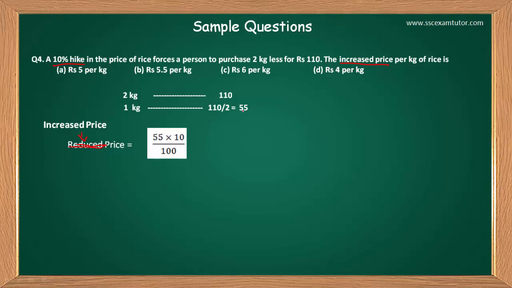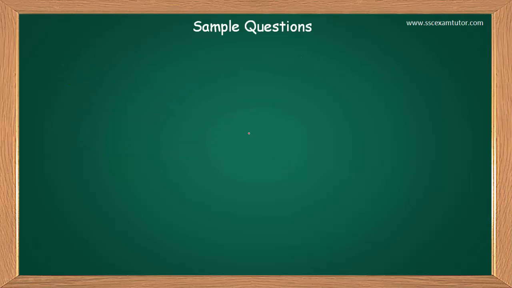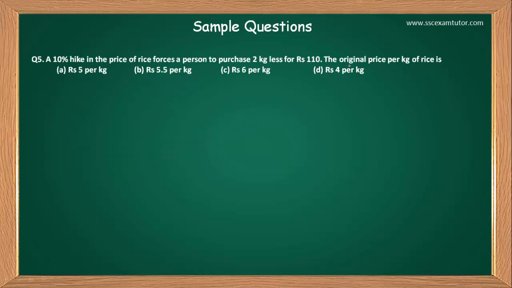तो ये 55 जो कि 1 केजी का दाम है उसके हमने लिखा, और ये 10% कहाँ से आया, अगर आप नहीं समझ पा रहे हैं अभी तक, तो ये क्वेश्चन में दिया होता है, उसे हम यूज़ करते हैं। तो ये इंक्रीज प्राइस आ गया 5.5 पर केजी, वेरी सिंपल। अब अगर आपसे ओरिजिनल प्राइस पूछा जाए तो अगेन